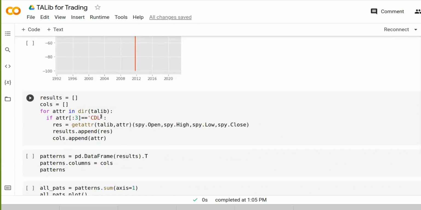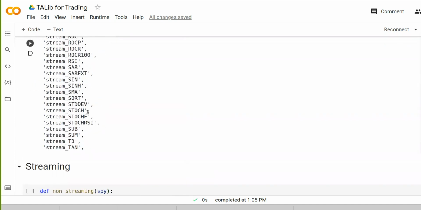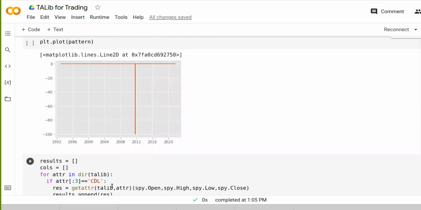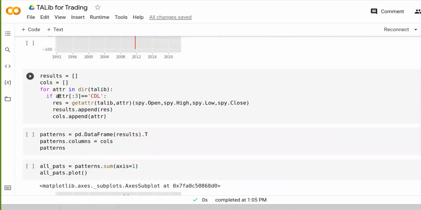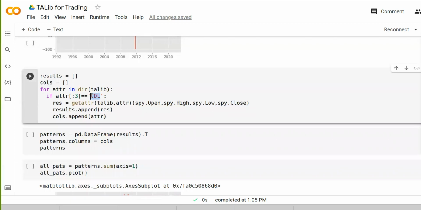In order to do this, we need to be a little bit inventive in the way we use Python. If you're new to programming, this might be a bit surprising to you. But you can run through the directory of TA-Lib and get all the names of all the indicators, which is what I've done here. Then you can say, if one of the names of these patterns contains CDL, meaning a chart pattern with candlesticks, I want to calculate the results for this